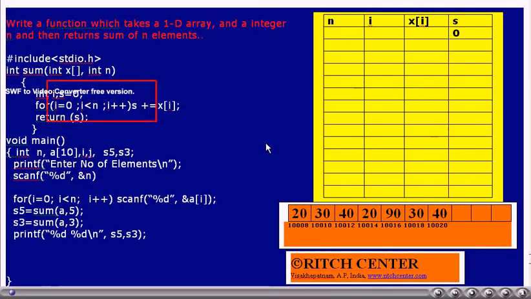Each time the ith element of the array will be added to the S. Thus, S value becomes the sum of the elements of the array which is sent as an argument for this function. Then, the last return statement will return this S value. Thus, this function can be said as returning the sum of the integer array which is sent as an argument for this function.